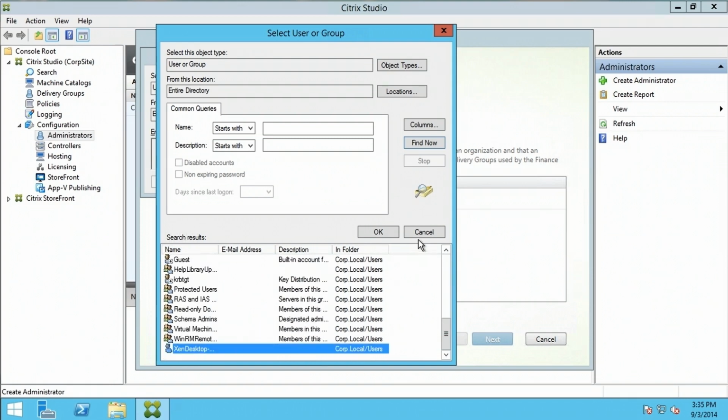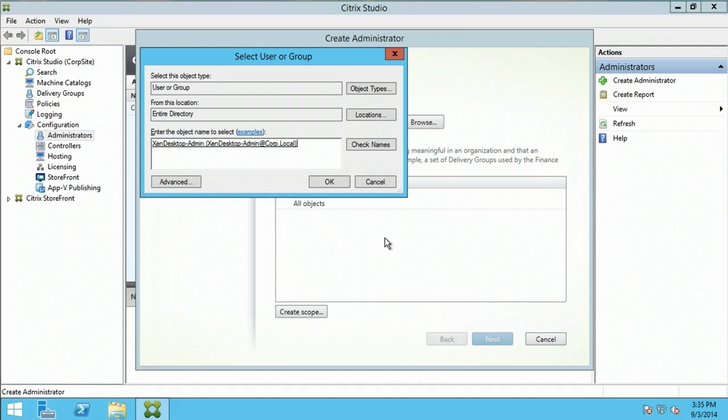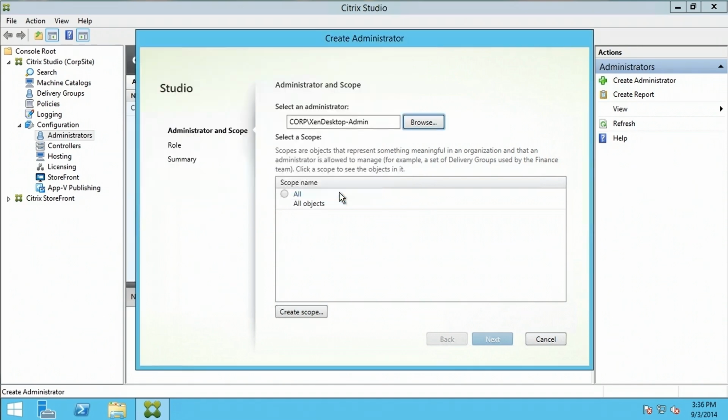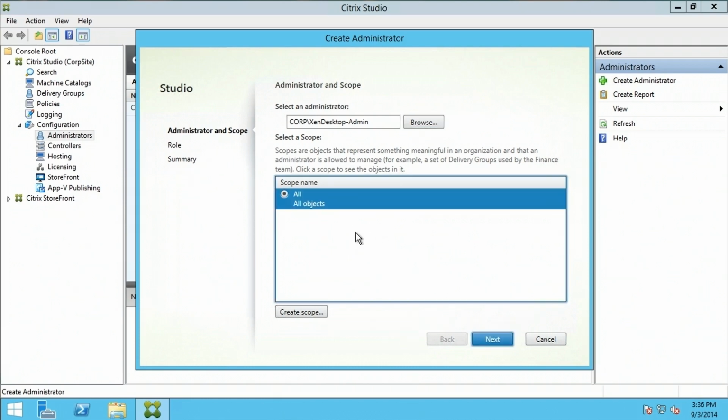Select the user that you want to assign, go OK, or you can double click on the user and it adds the user to the list. Go OK. And it puts the user account, then populates the Select an Administrator field. The next task you have to perform is to select a scope. As you can see, there is only one scope, one default scope. You can select that particular scope, just call it All Objects,